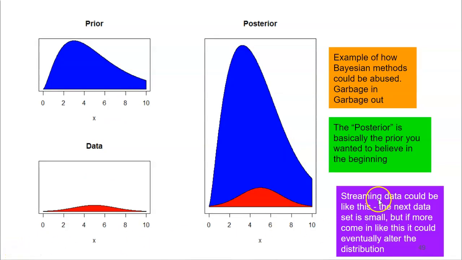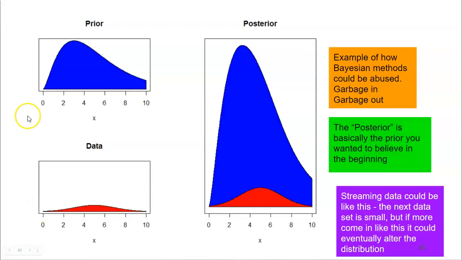You have to be careful the way you're streaming in data. If the previous data is very strong and the incoming data is very small, all you get is reinforcing the previous data. That's not to say it should never be done. Like I've told the story of Dr. Tolley, who worked at Los Alamos, the government facility where they work with some top secret stuff and weapons and whatever. And they brought him a number, a single number, and said, we want you to do statistics. And he's like, how am I supposed to do statistics with a number? And they're like, one of our men died to get that number out of Russia. You will do statistics. Well, what do you think he did?